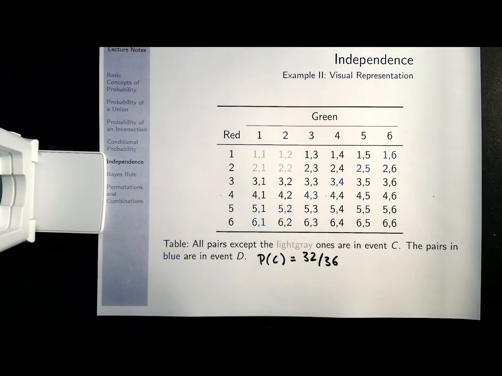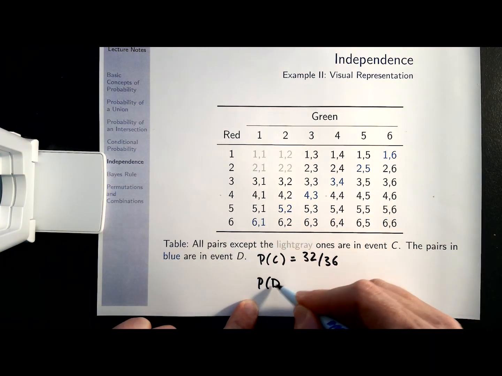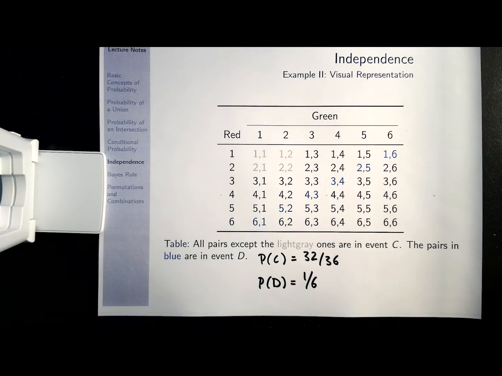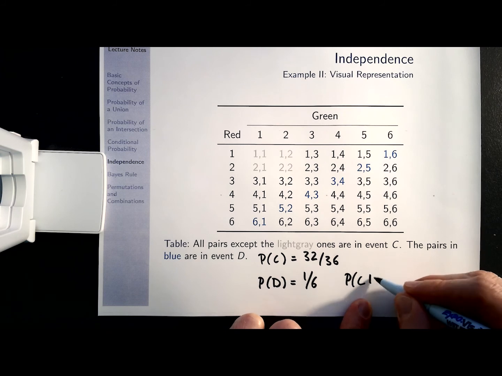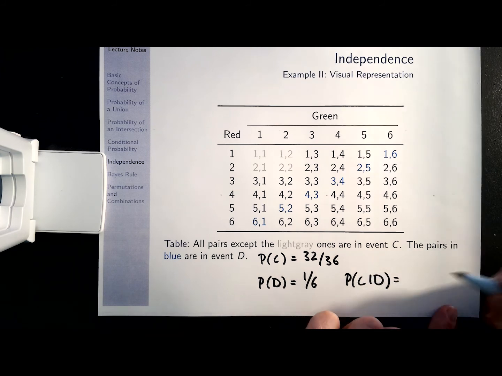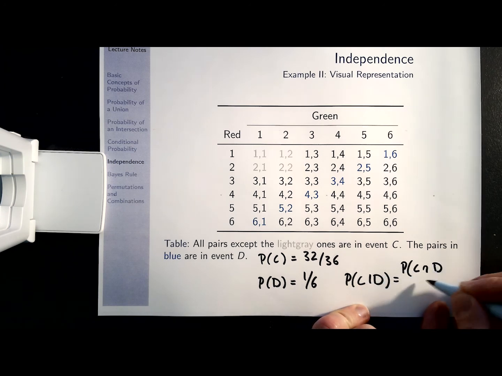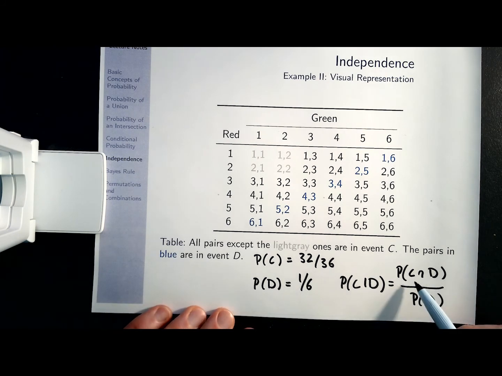The probability of event D, which is the sum is equal to 7, which are those 6 elements. The probability of that event is equal to 1 over 6. Now let us calculate the probability of C given that D happened. We know that the conditional probability is the probability of the intersection of C and D divided by the probability